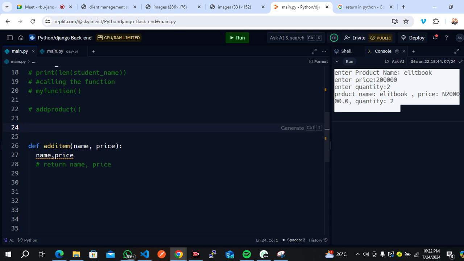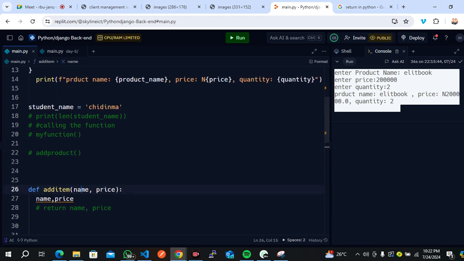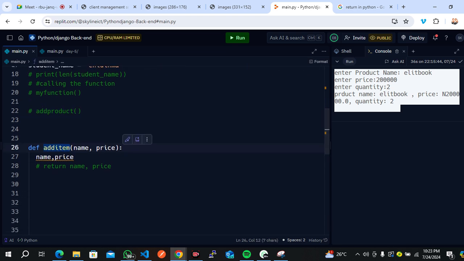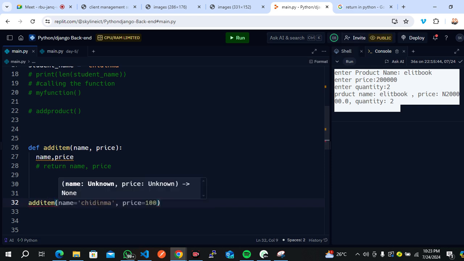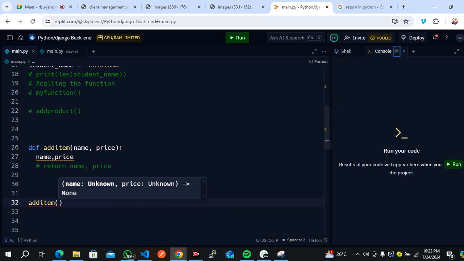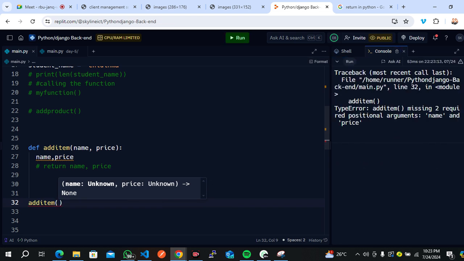Now, I want you to know that this function that we called here, we called it without adding parameters. But if you do the same thing on the add item function with parameters, you see what's going to happen. We are going to have an error. It's telling us that our function requires two required arguments. So you can see what we have here: the TypeError, add item, missing two required